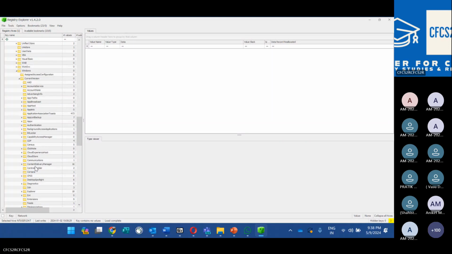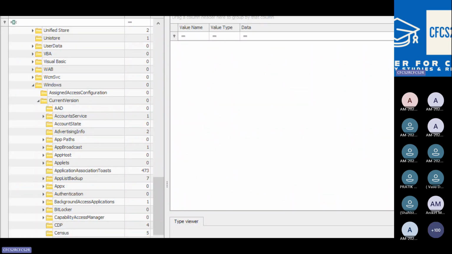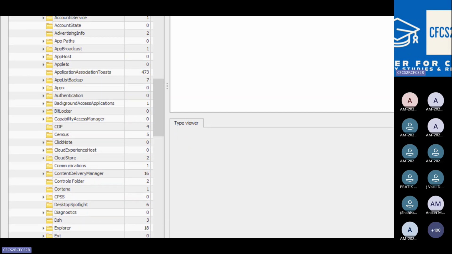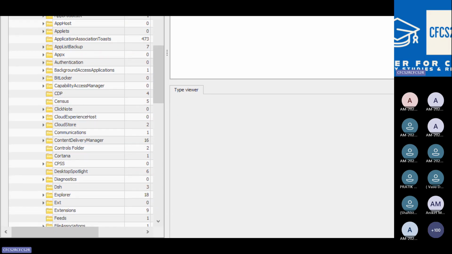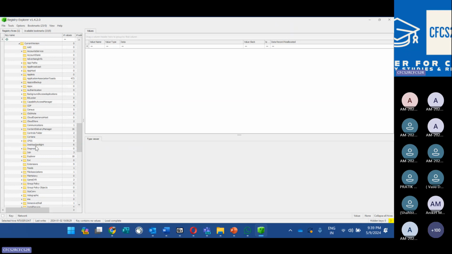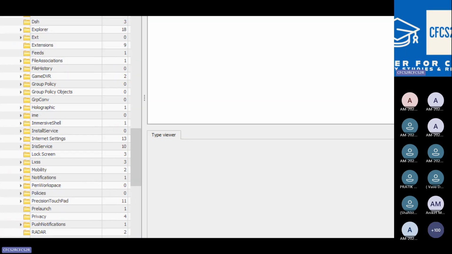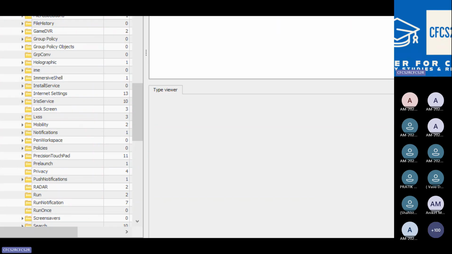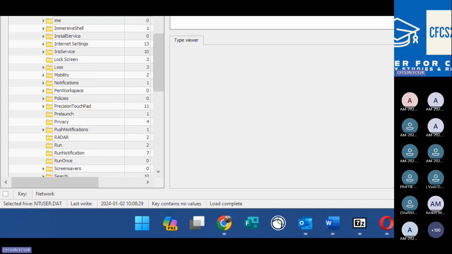So this is Windows, and in Windows we have CurrentVersion, and in this there are a lot of things available. It's related to authentication, background access application, your click note, your system Cortana, the Windows helping assistant, and internet settings. So you can see that a lot of settings are available. You have to explore this because I can't tell you each and everything. If you go to CurrentVersion and then to WinLogon,